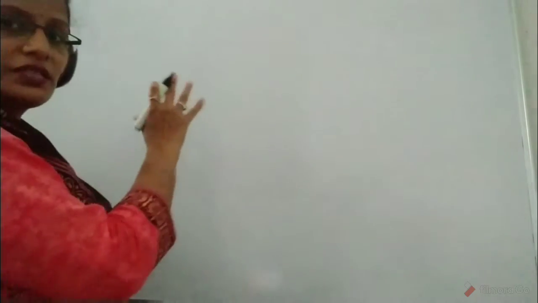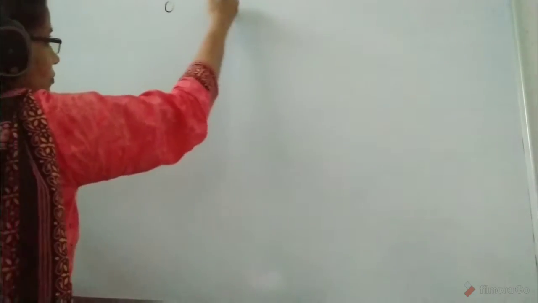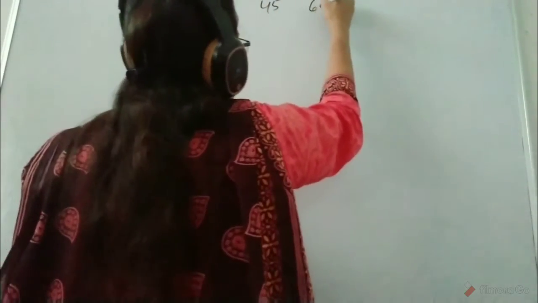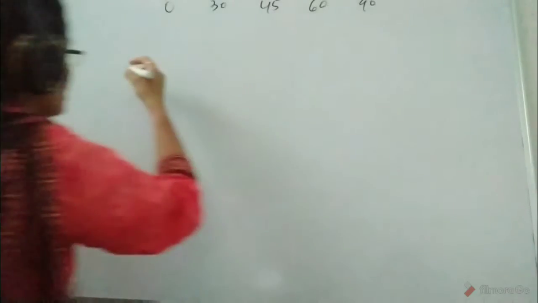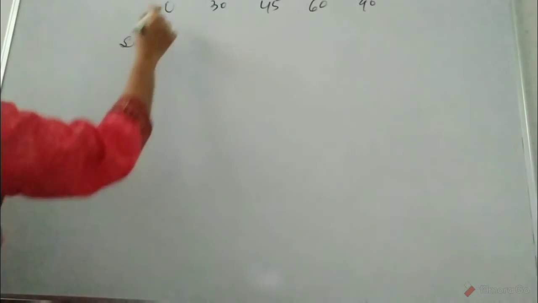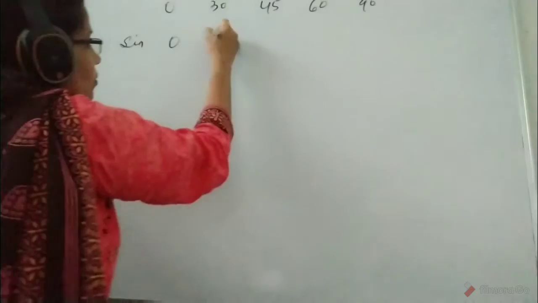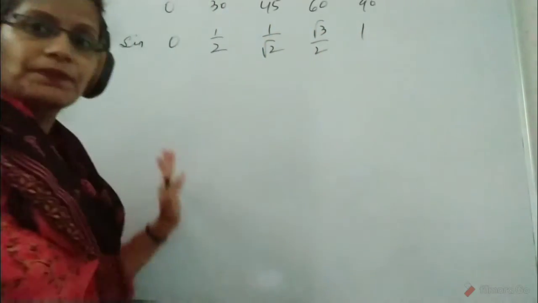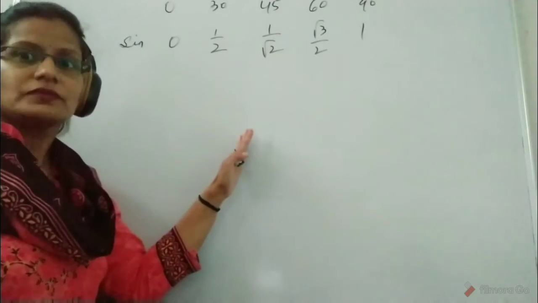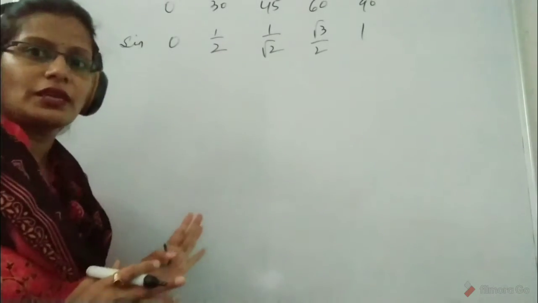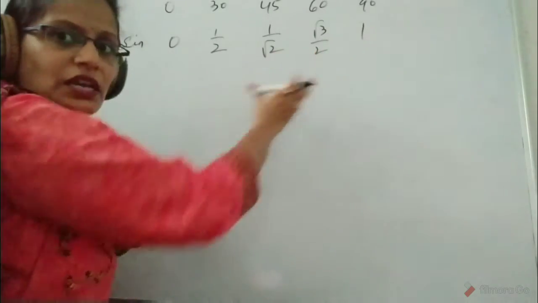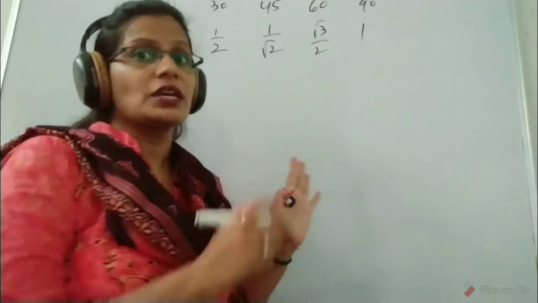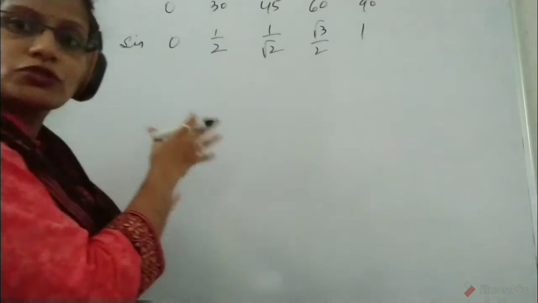See, in the table, it is 0 degree, 30 degree, 45 degree, 60 degree and 90 degree. So when we take sine, sine 0 degree is 0, then 1 by 2, 1 by root 2, root 3 by 2 and 1. While you make these, you should know one thing: we can learn this, and it becomes easy and faster in the examinations, or we can also do one thing.